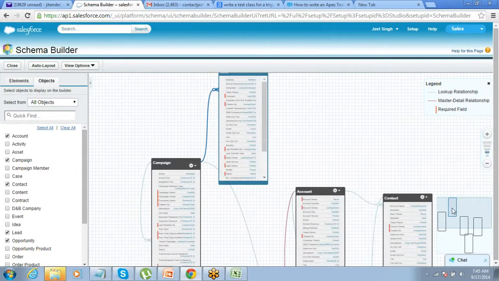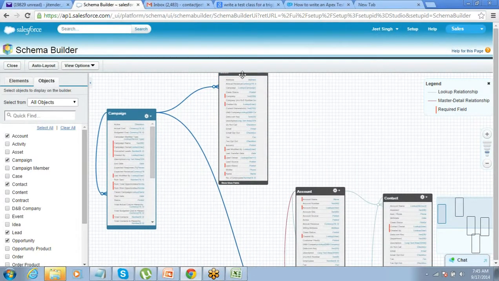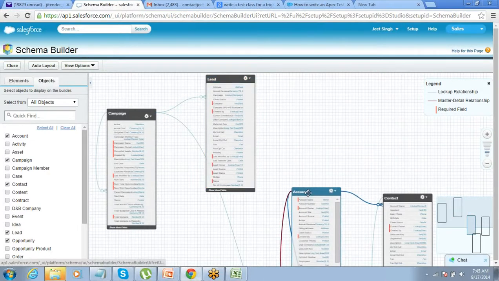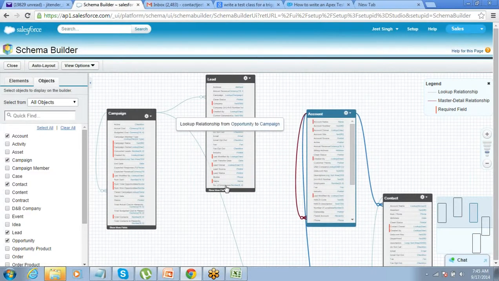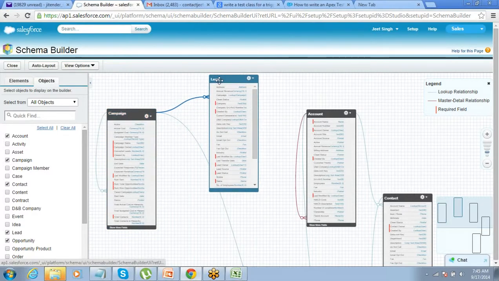Okay, let me make it a little smaller. I think you can see the screen, right? I mean, you can read what is there. Made it a little smaller to fit it into the screen. Okay, so campaign and lead are connected. Can you see this? We had a connection. So there is a campaign object that we have. There is a campaign table in the backend, which is related to the leads.